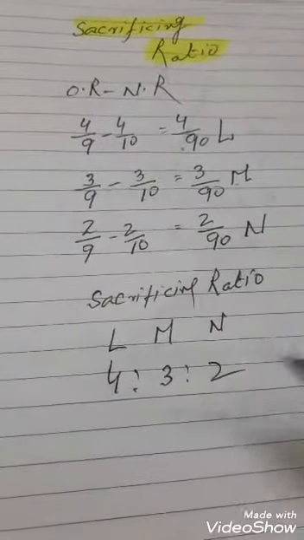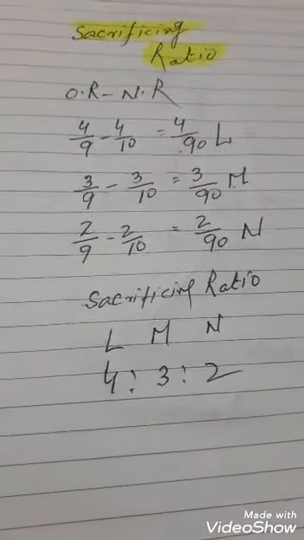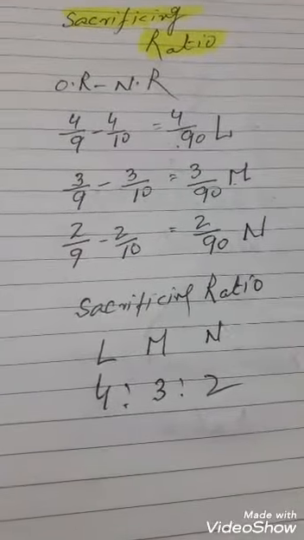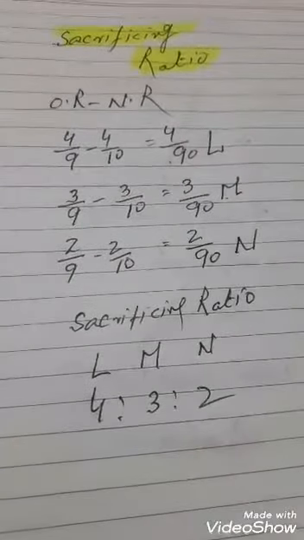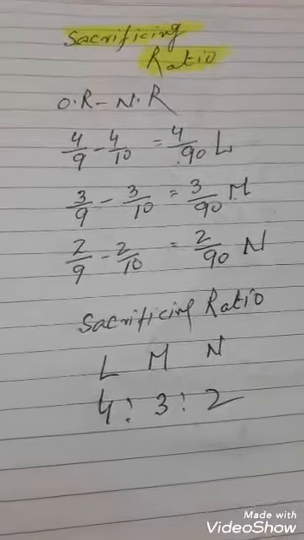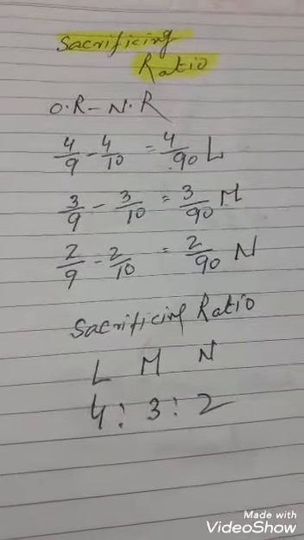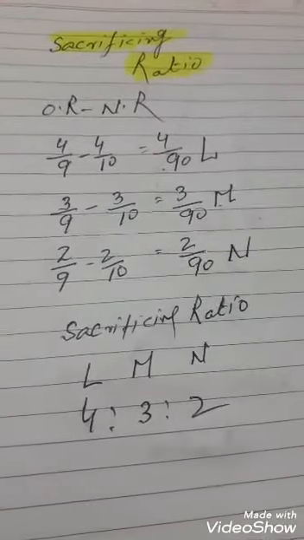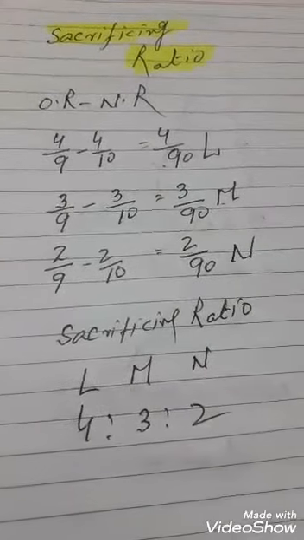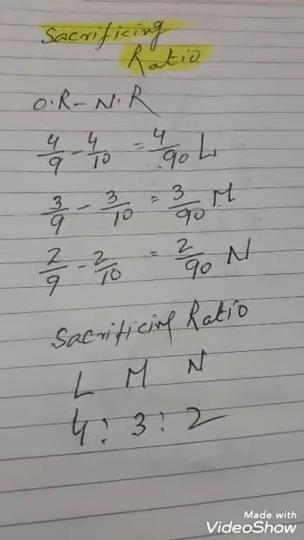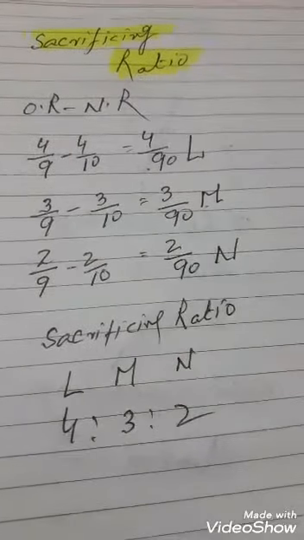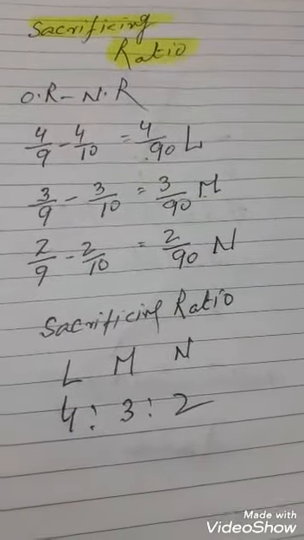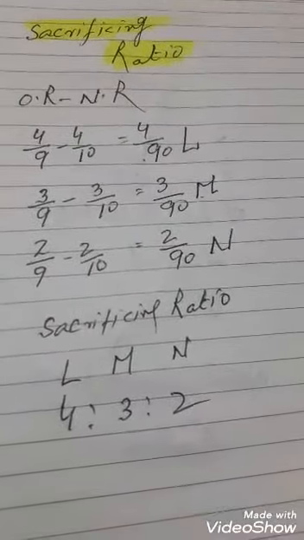In the same question which I have given, you have to calculate the new ratio and sacrificing ratio. For this question I am also clicking a photo and sending it to you. You can go through the video, or by going through the picture you can clearly understand how to calculate, in the same question, the new profit sharing ratio and sacrificing ratio. Once again, I am telling about the same question, new ratio and sacrificing ratio.